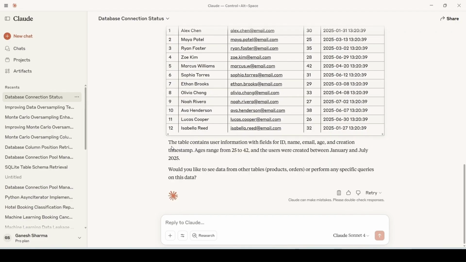Here we can see the table contains user information with fields for ID, name, email, age, and creation timestamp. And there is some other information, like ages ranging from 25 to 42. Now let's check the products table. So we will type "show the products data",